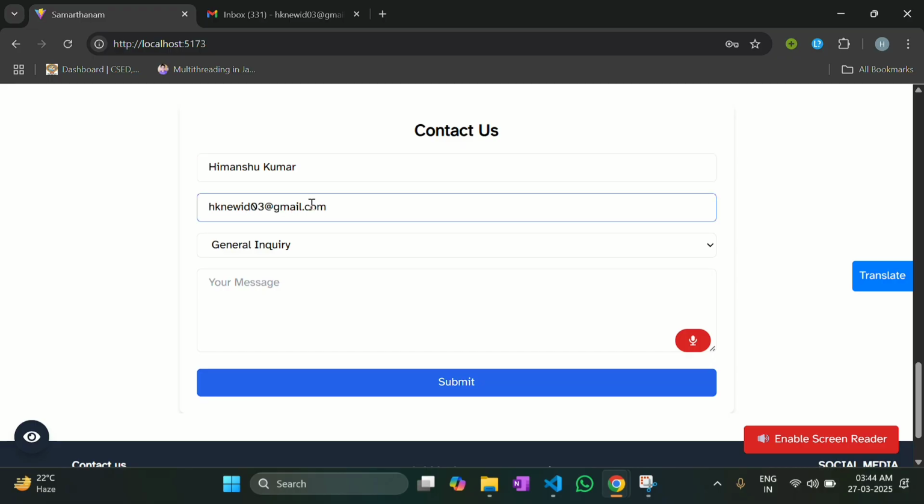Yeah, query admin, and let's just submit it. So the query is submitted successfully. Now let's send one to the event organizer,